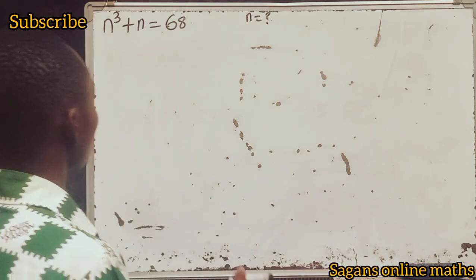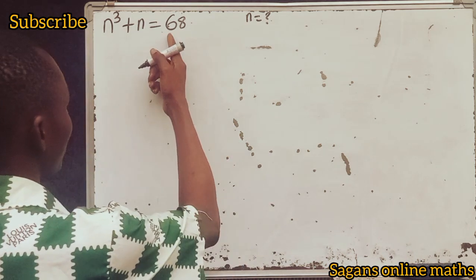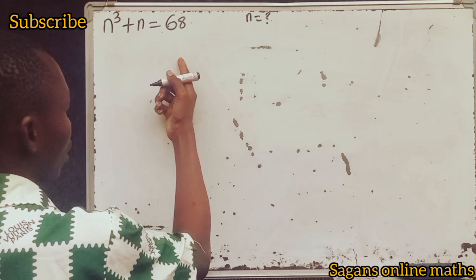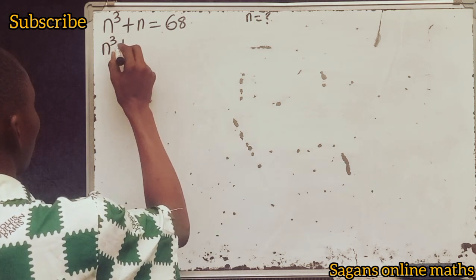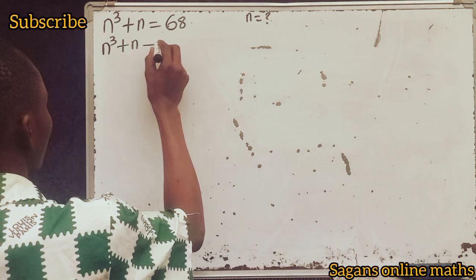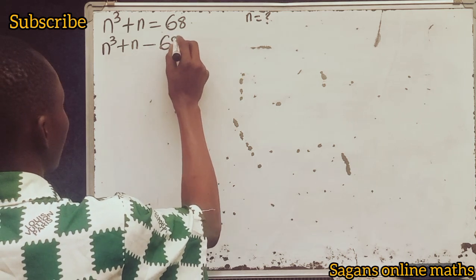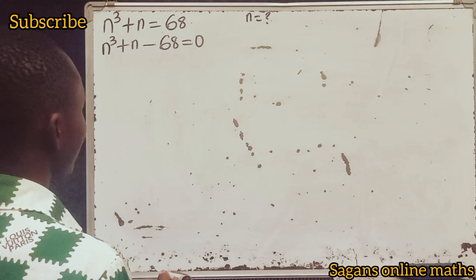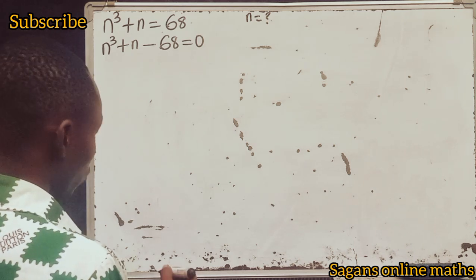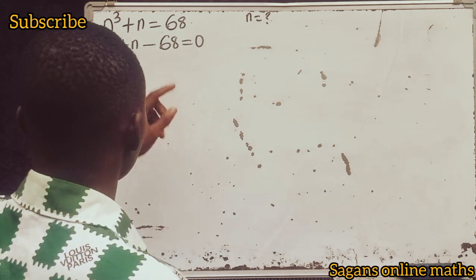Now, our first step is to subtract 68 from both sides. Let's do that quickly. So that is n to the power of 3 plus n minus 68 equals 0, because we subtracted 68 from both sides. Now, we are going to look for one of